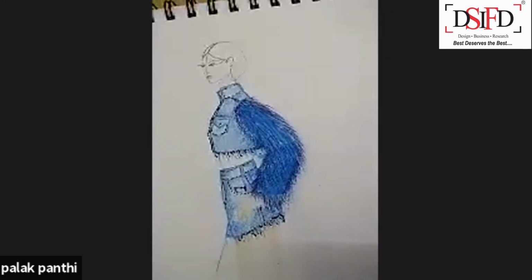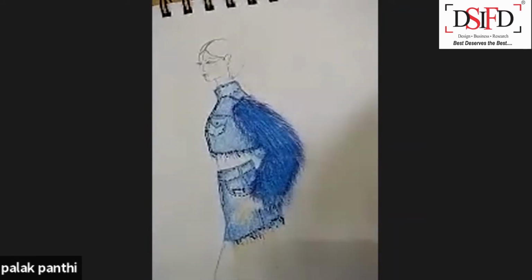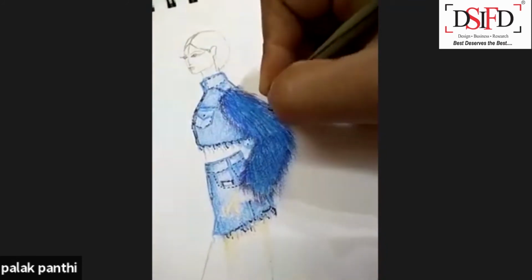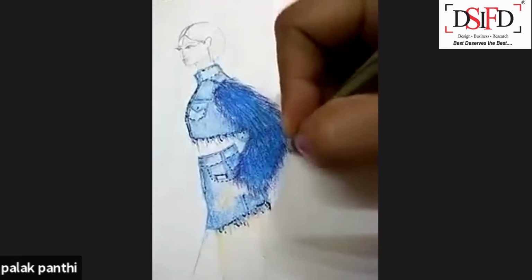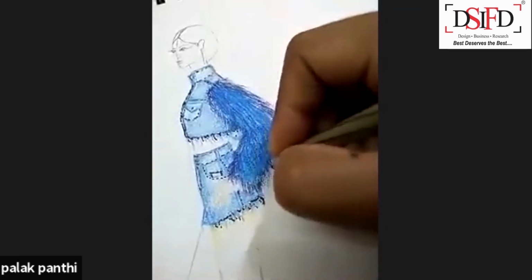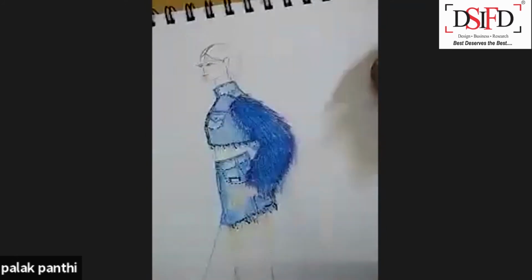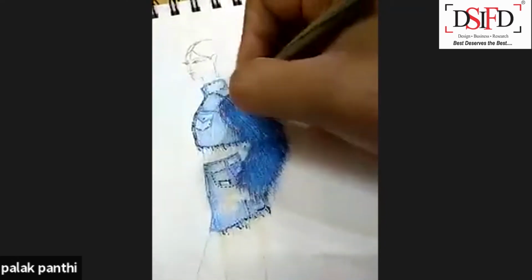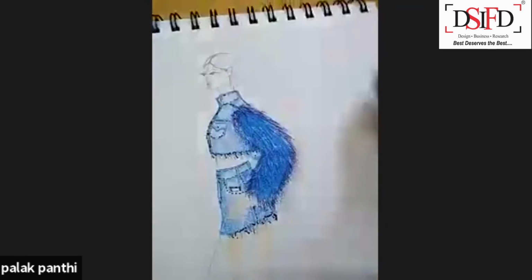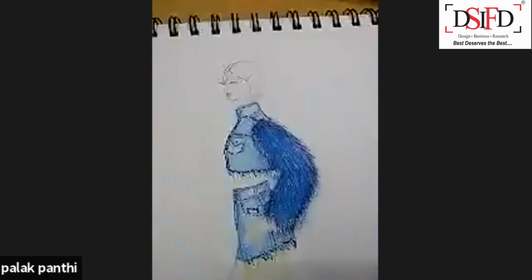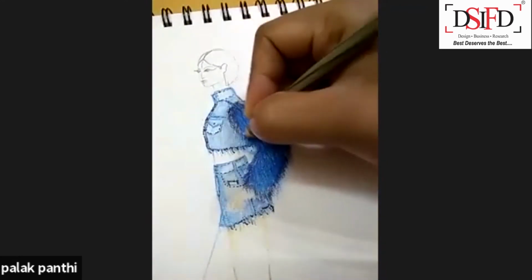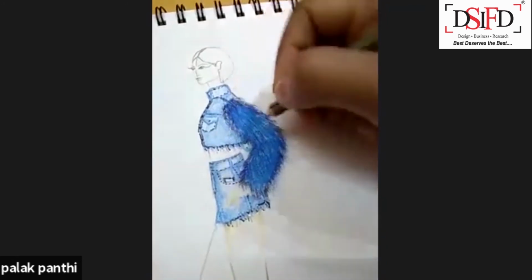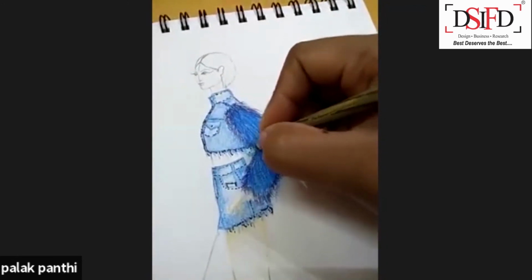My camera is on. And now we'll follow the same thing what we did for skin rendering. Like some places are dark. So this is a bit darker area.